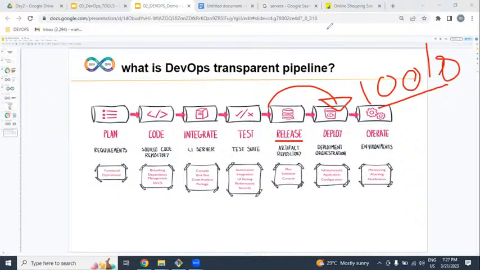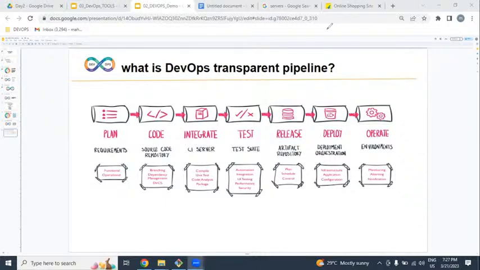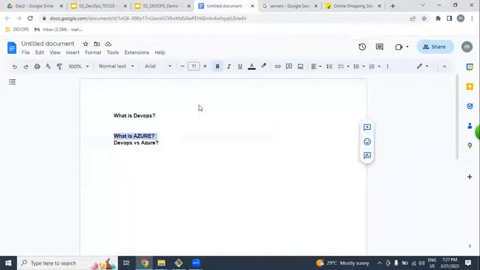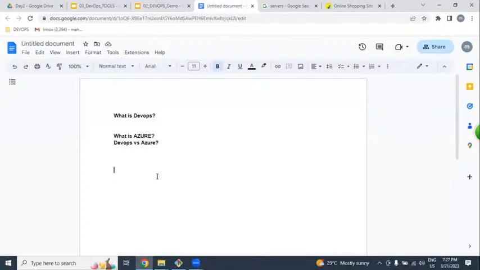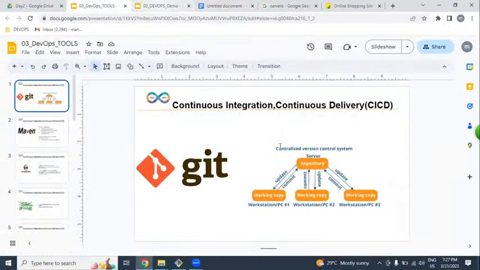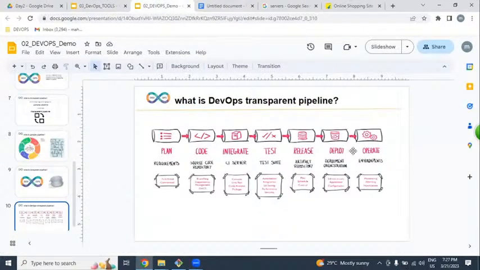But my question is, these hundreds of servers, in how many ways can we get them? From where can we get them? For implementing this DevOps transparent pipeline, we require infrastructure. On top of infrastructure, on hundreds of servers, we are going to be placing our application.